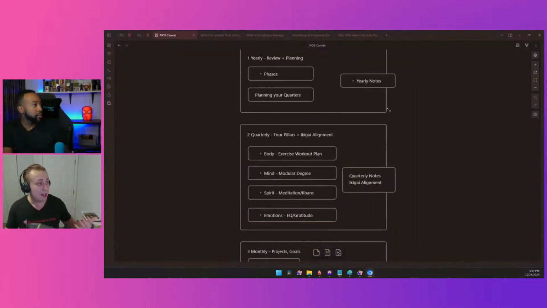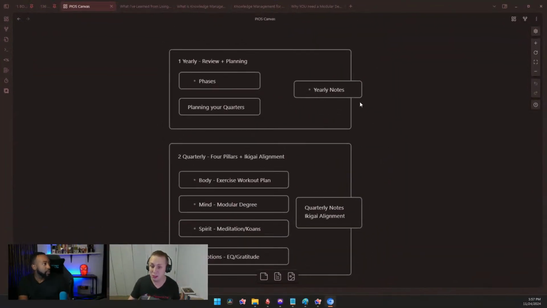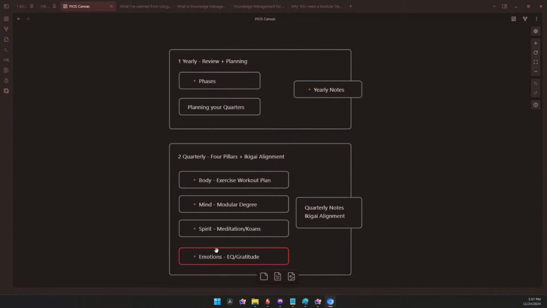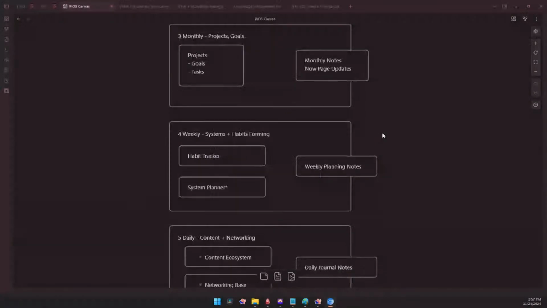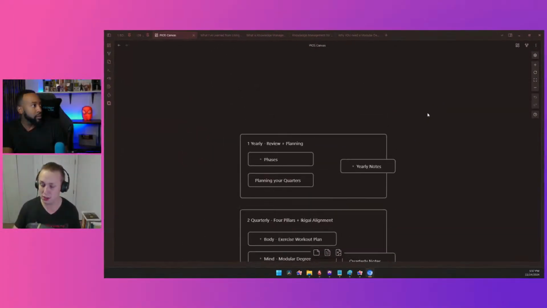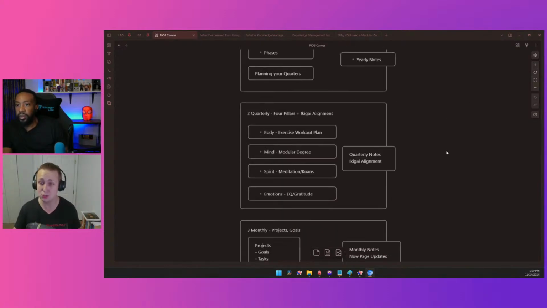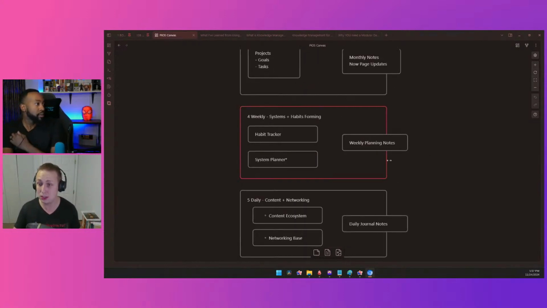So I created a mind map of the framework for my system. So this is the system I created on the knowledge management channel, where you have the yearly layer, the quarterly, monthly, weekly, and daily. I go over this much more in depth on that channel itself, but I basically use this Canvas function to create a visual aid for my video. So as I'm going through it, I can basically talk about the points within this layer of it. I thought that was kind of interesting to share.